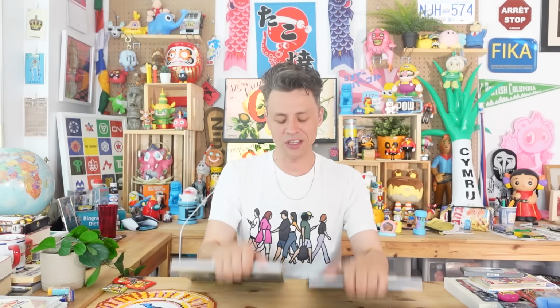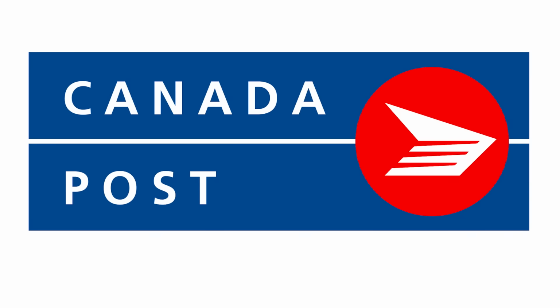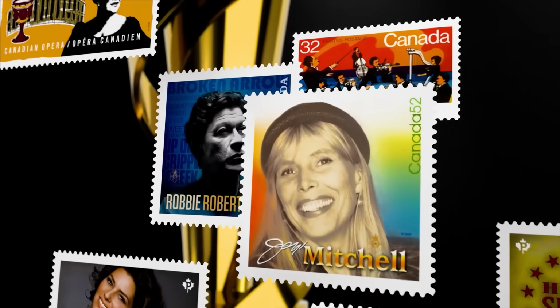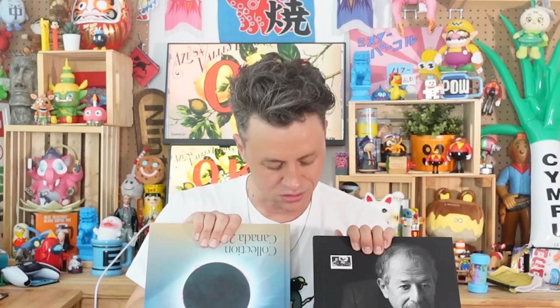Hello friends, my name is JJ, and check out these big books of stamps I bought from the post office the other day. You see, in any given year, the Canadian Post Office, or Canada Post as it is known, releases a bunch of new stamps for the people, and at the end of the year, they document them all in books like these. Canada's actually a pretty historically important country when it comes to the cultural evolution of stamps,